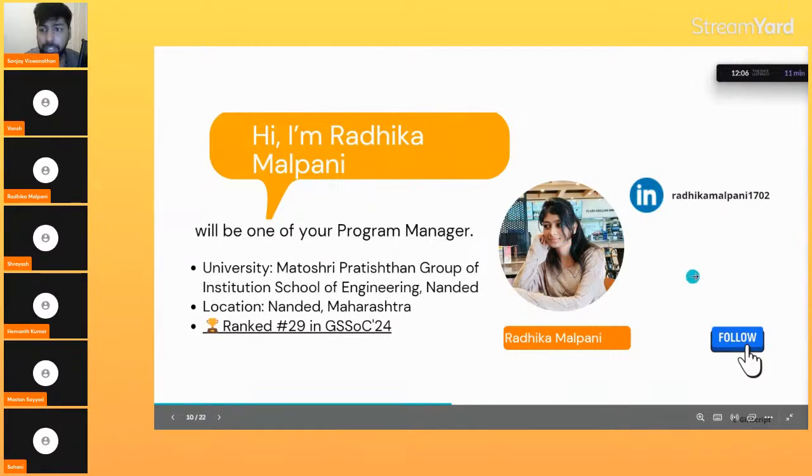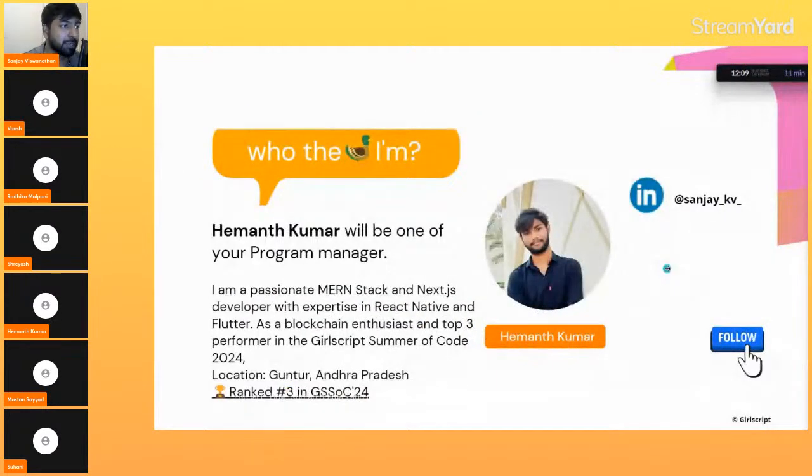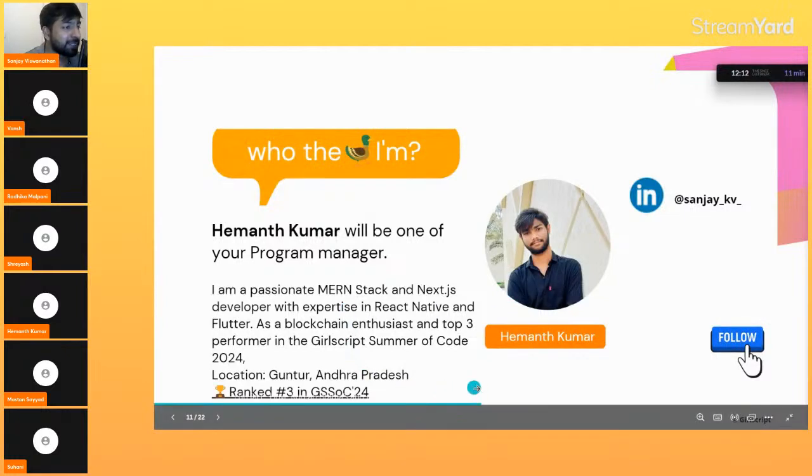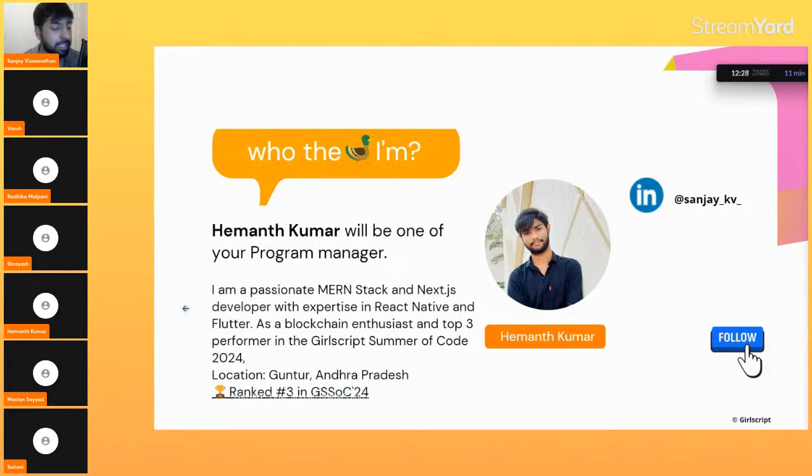All right. So now we have another program manager, Hemant Kumar. He ranked #3 in the GSoC program, and he also got the 5,000 rupees cash reward. He showed exceptional skills, and he was one of the very techy persons. He developed a few of the applications which you have used, maybe the leaderboard thing, the Postman leaderboard 500 points. He made those changes in the last year's program. So again, he showed both technical talent and soft skills as well.